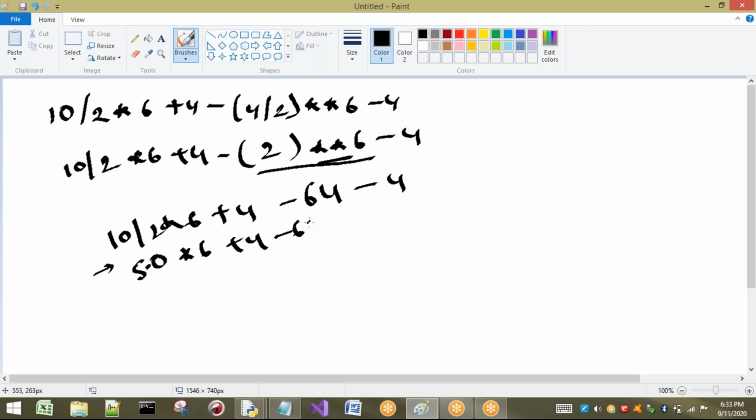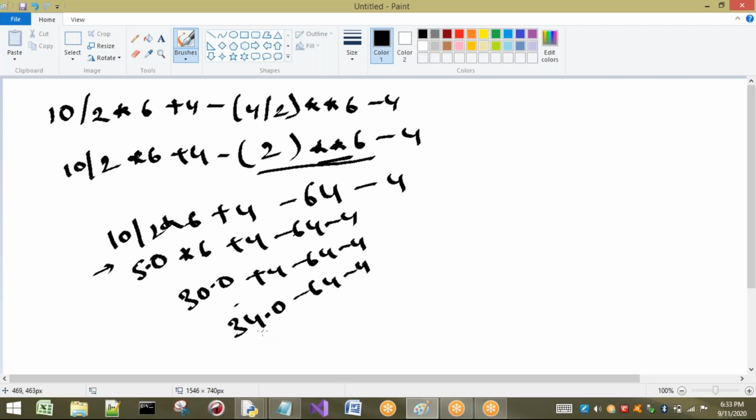Next, minus 64, minus 4 I will write. Next, after that, from left to right, into is there. Okay, the answer is what? 30.0. Okay, 30.0 plus 4 minus 64 minus 4. Now the thing we have to understand, plus is there. So what do I have to do? From left to right only, this operation will be performed. 34.0 minus 64 minus 4. Now again, which operation is there?